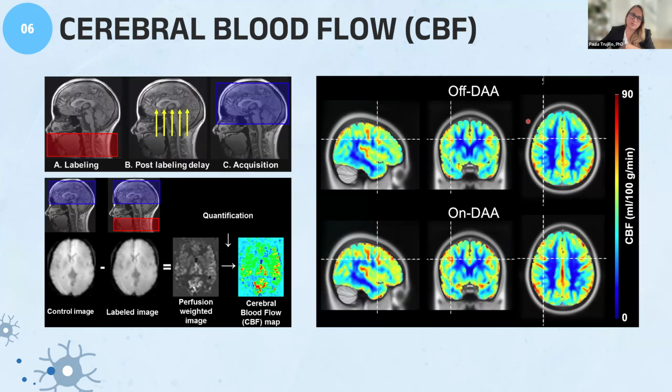And here on the right, I'm showing an example from one of our studies where we use this method to measure changes in blood flow in patients with Parkinson's disease and understand what was the effect of medication. So we scan patients off their medication and on their medication and see how blood flow was different, to see the effect of this